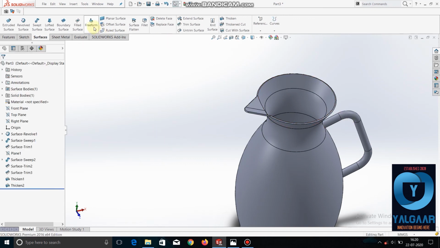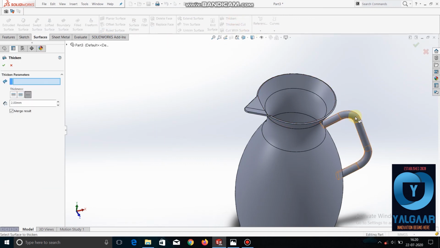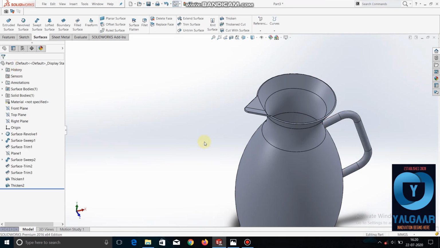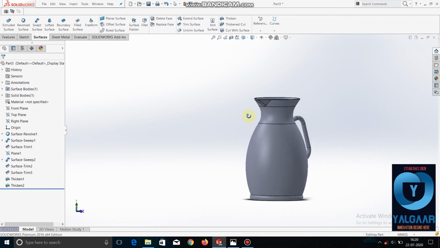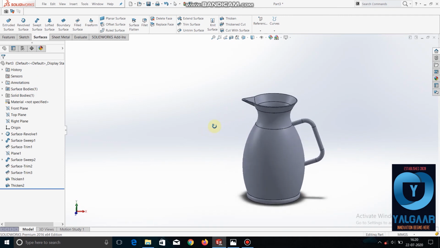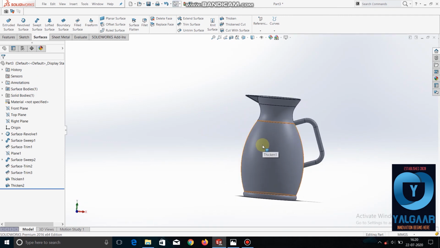So now we can see that we have made our jug. So we will give it an appearance.